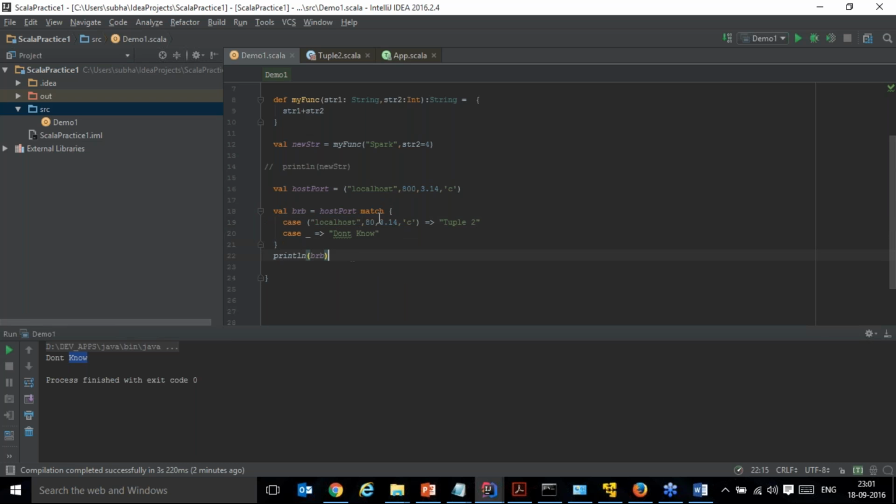So when it comes to switch case, I can check it by a value, right? I'm passing a value and checking whether it matches with the value. So if you are looking for a data type match, then you have to match with the variable. Case takes the value, not the variables. In that case, you have something like this: if host port dot isInstanceOf, there is a function called isInstanceOf